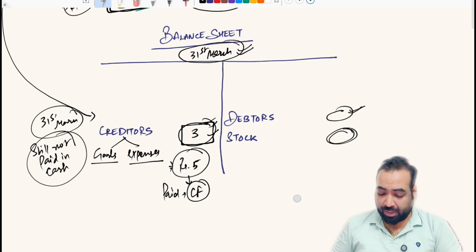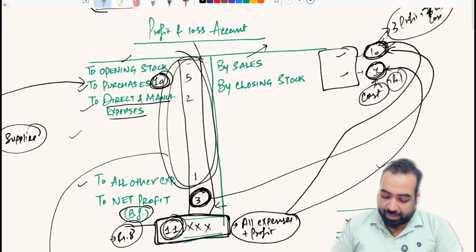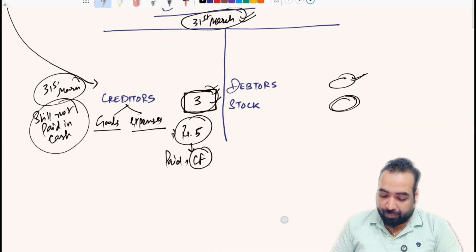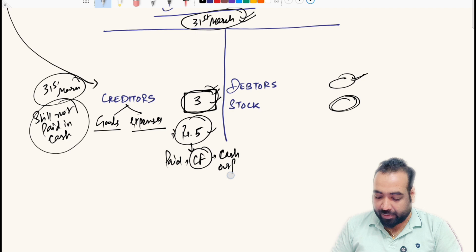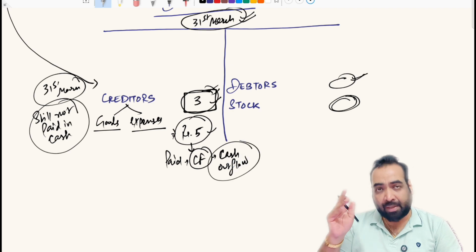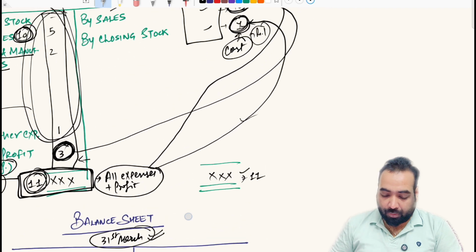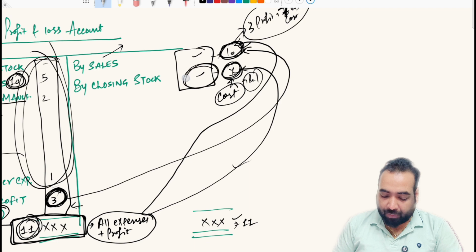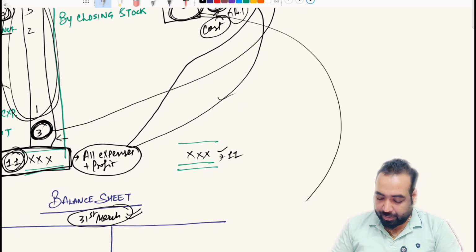Then you have to prove otherwise to the bank with documentary evidence, right? So out of these 8 rupees of expenses, 5 rupees are actually paid. This is the cash outflow. This is the actual cash outflow which the bankers think of in their head. So now this closing stock of 1 rupee expense that comes here